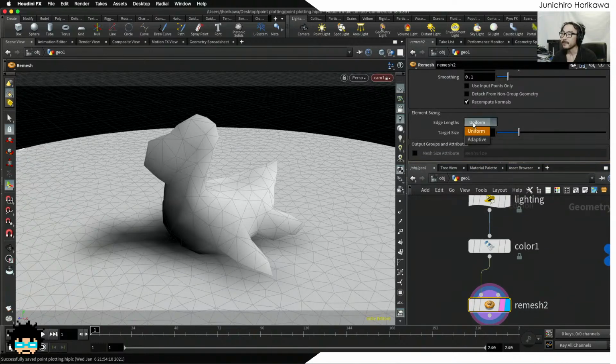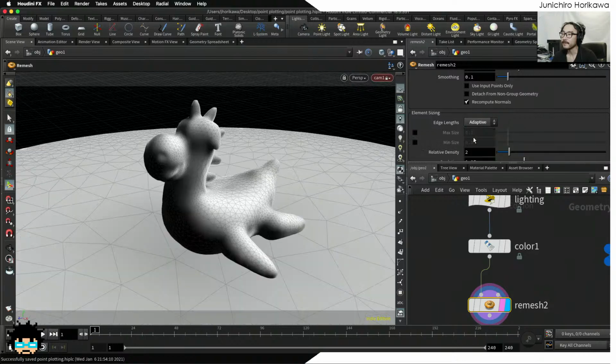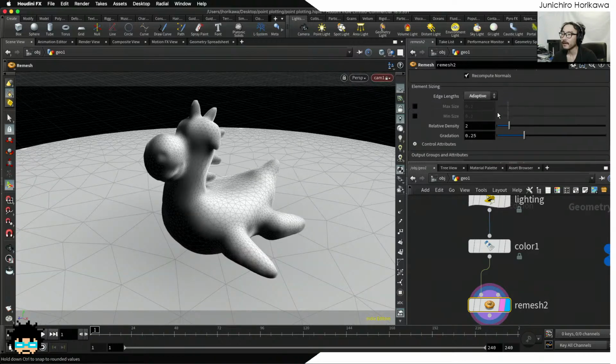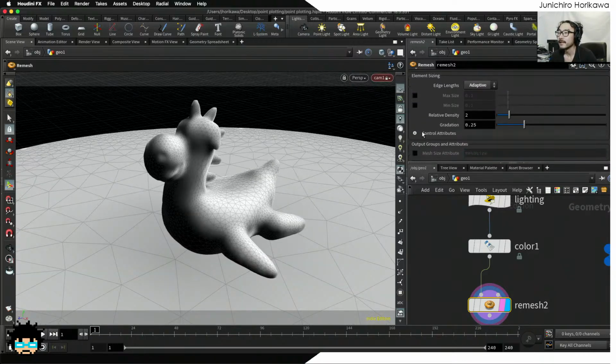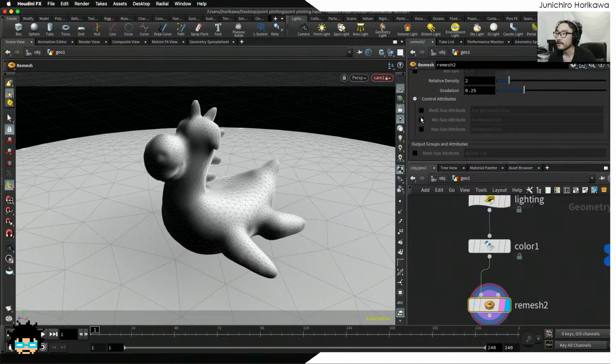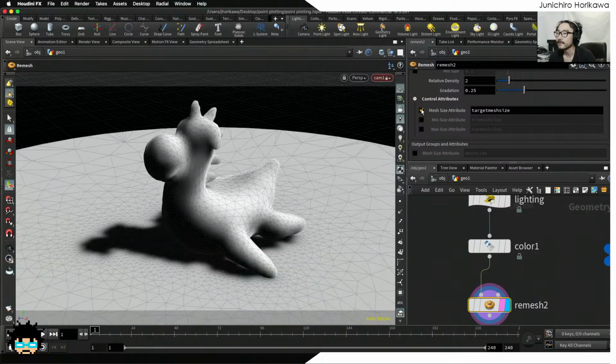Then also change this edge length to adaptive. Now I am also going to open up this control attributes and check this mesh size attribute so that I can use this target mesh size as an attribute to change the edge length of each point on a geometry